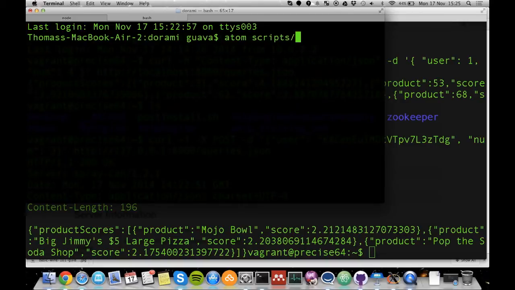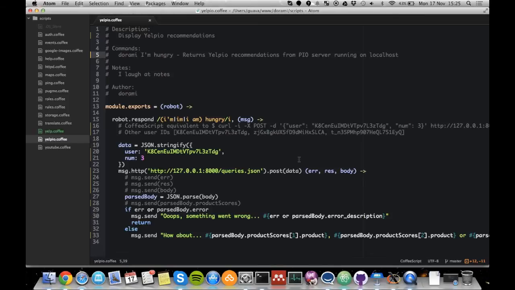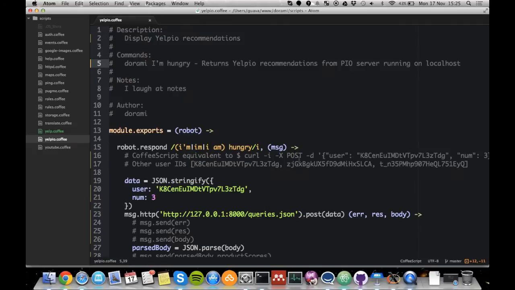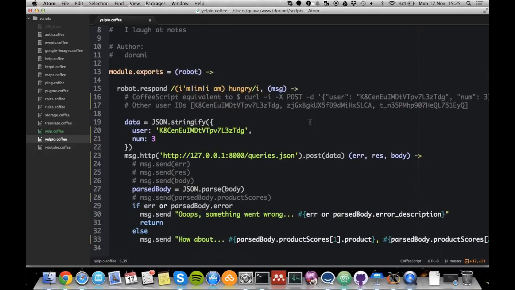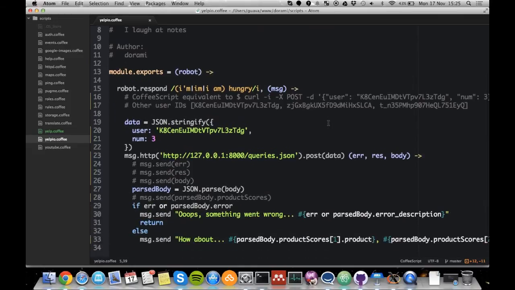GitHub released a project called Hubot, which essentially allows you to write your own internal chatbot. So if I open up Yelp, it's again not very easy to see. But essentially what we've got here is a script for our bot that's called Dorami, where, in our company chat room, we use something called HipChat, which is a product by Atlassian, I can essentially say that I'm hungry,